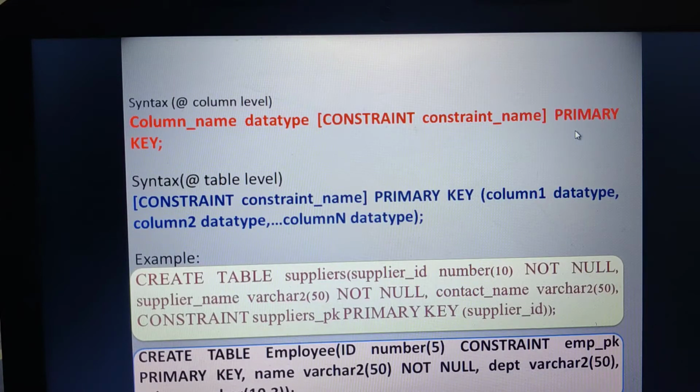This is very much similar to the column level definition in the case of unique and not null. Now here in my previous example, the field name was ID, its data type was number. Then constraint and constraint name is optional. Whichever is enclosed in square brackets is optional. Therefore, it was not considered, and directly we have defined the constraint name.